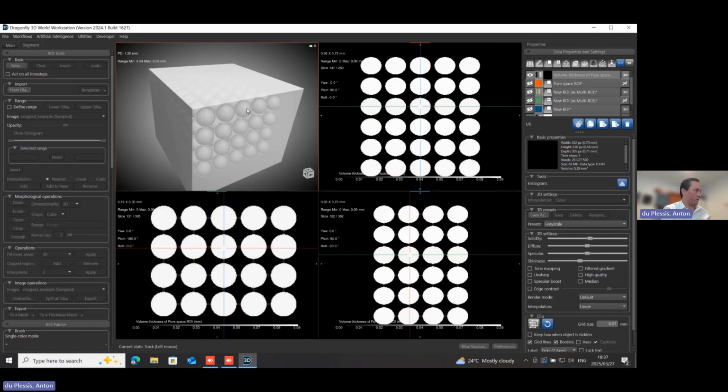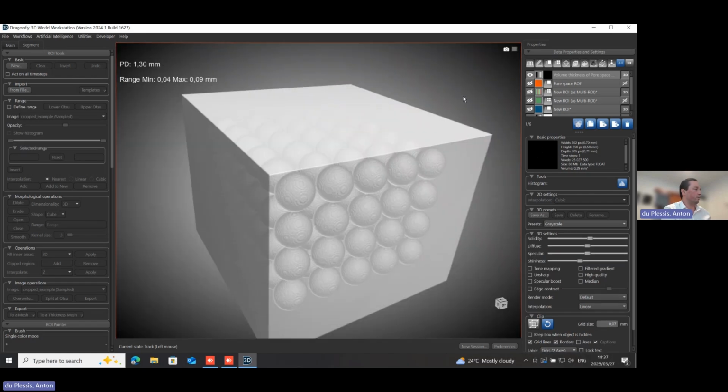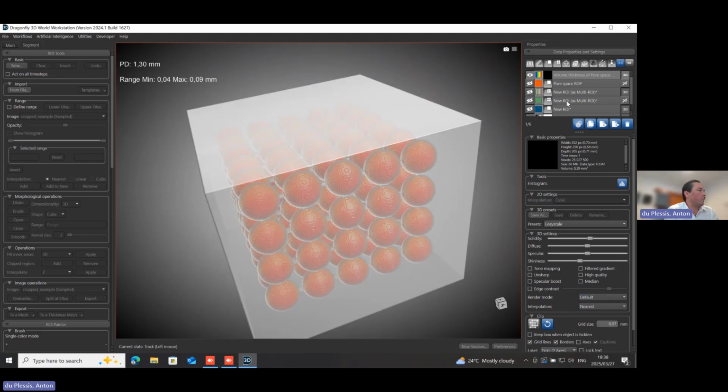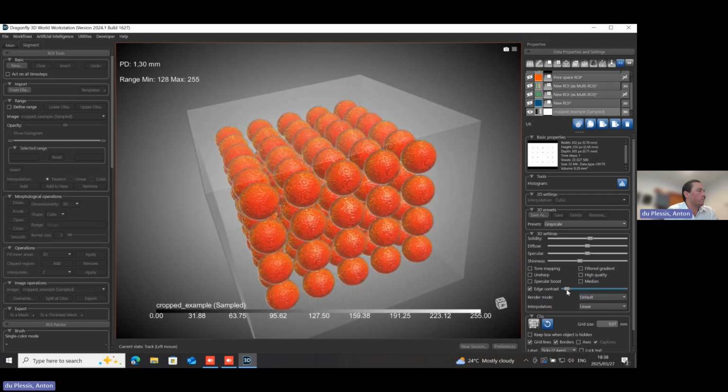So it's a grayscale image. Let's focus on the 3D picture here. I'm interested to change this grayscale to a color map. Let's take again the temperature color map. And what we have to do, because this is an image data, is that we now want to see the local colors. We don't want to interpolate the color between the background blue value and the rest of the thickness. So it's basically a little trick that you have to take nearest here to remove interpolation. And the other trick is to make the sample even more transparent.